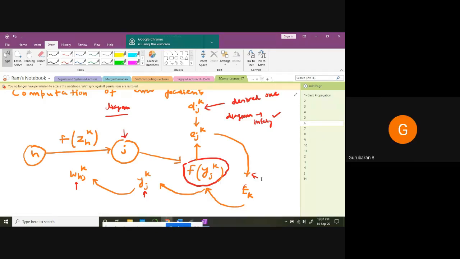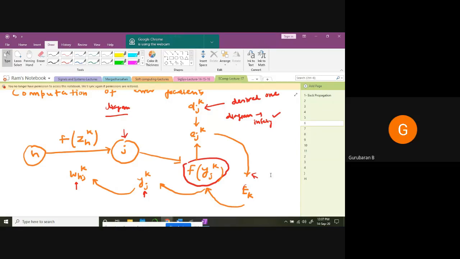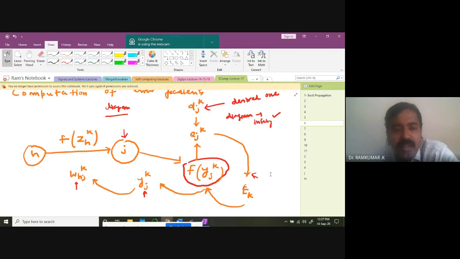Our hidden... log sigmoid function. Sigmoidal function at the output node. Okay, output neuron. The sigmoidal function computed at the output node. That is the output. Okay, this neuron, any one of the j neurons we have in the output. For any one of the neurons, you can compute it. For all the neurons, then you can compute this. So this is the output then.